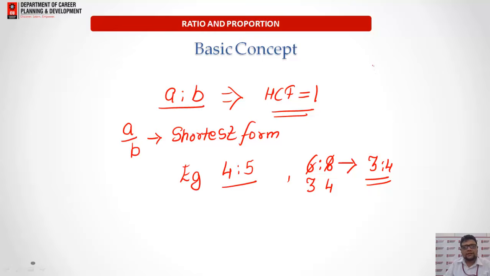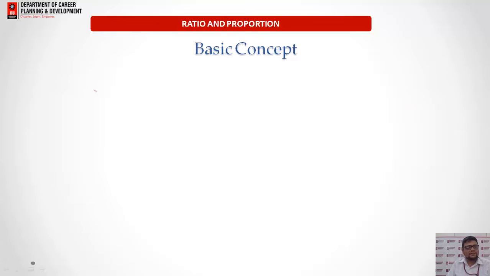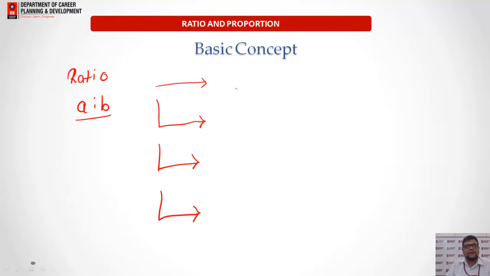Okay. So we can solve any number, like if I say 15 is to 20. So the final ratio will be what? It will be again 3 is to 4, as it is dividing by 5, here it is 3 and here it is 4. So it will be 3 is to 4. Okay. So now in this, if any ratio A is to B is given to us, this is the ratio of any two numbers, here we will find the four types of ratios. Four types of ratios we will find from here.